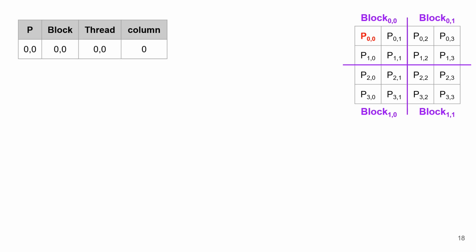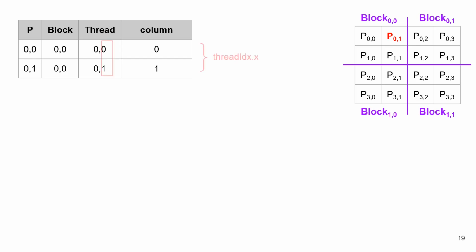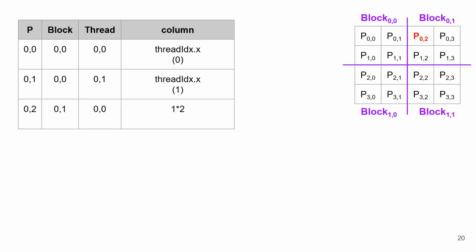Now let's see how to find the column number. Again, we go through some examples to see how we can formulate that. For P00, since the block and thread numbers are 0, the column is also 0. If we move to P01, we see that the thread index on the x-axis is increased. So that means the variable threadIdx.x shows where we are in the block. If we move to P02, we see that we have passed one block and settled in the first thread in